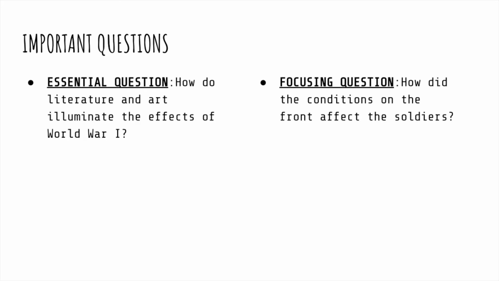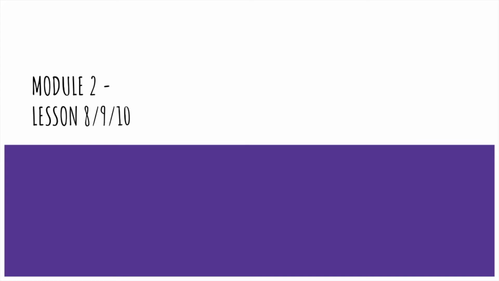This author, in the book we're reading, All Quiet on the Western Front, does such a good job of being very descriptive with their word choices, their verbs, the nouns, and showing us clearly what is happening to the soldiers and what these soldiers are going through. Like the word choice, and I'll show you examples of specific quotes later on in this lesson. It's absolutely outstanding. Okay, so we're still on 8, 9, and 10, but we're really going to be focusing on lesson 10 today